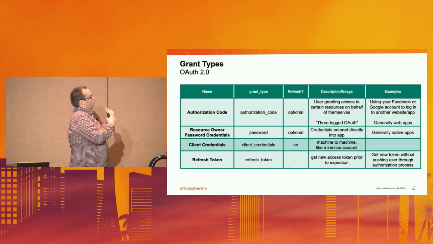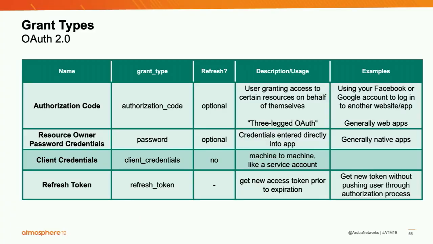In terms of the different ways it works, right? So there's ultimately the four popular grant types. So it essentially operates in an operating mode, right? You are requesting a token or access in some form of state, some form of mode. Authorization code is the most popular, and this happens in what's called a three-legged approach, a three-legged OAuth. And essentially that is where you're using, let's use Google as an example,